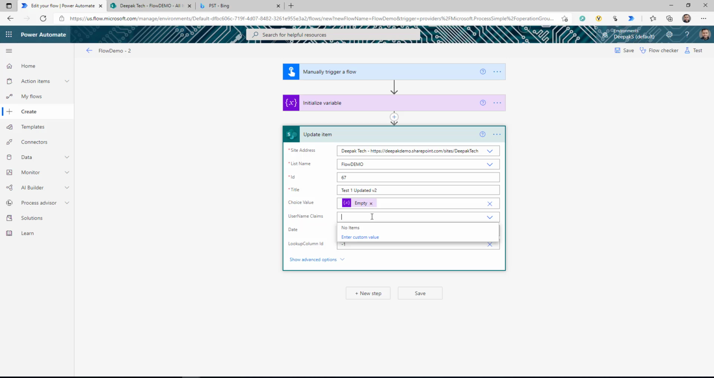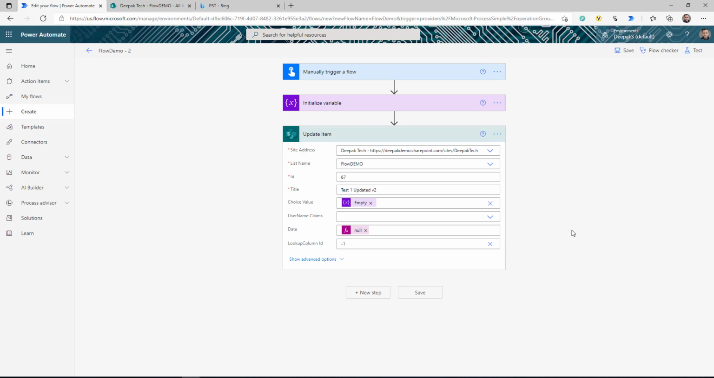Can I pass empty in it? No. Can I pass -1? You actually need to pass -1, but can I pass it here? No. Can I pass the null? No. Okay, so the user column is a little bit more complex, because when you create an item or update an item